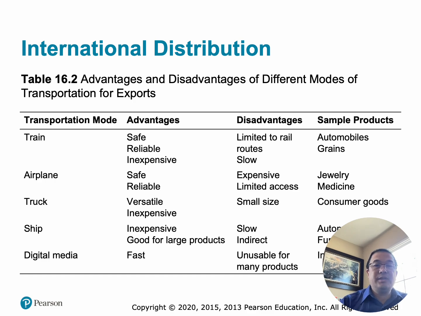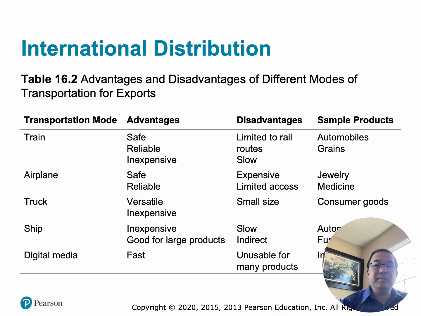Number 4, ship or ocean freight. Advantages are it's the lowest cost per unit for large shipments. It's ideal for heavy and bulky products. The disadvantages are it's the slowest transportation method, and it may require multiple transportation steps, such as ship, rail, and then truck. Typical products are vehicles, furniture, machinery, and containers of consumer products. Most products imported from Asia to the United States travel by container ship because of the low transportation cost.